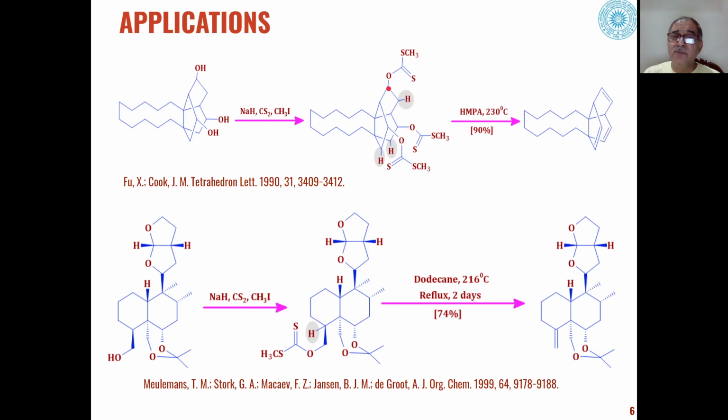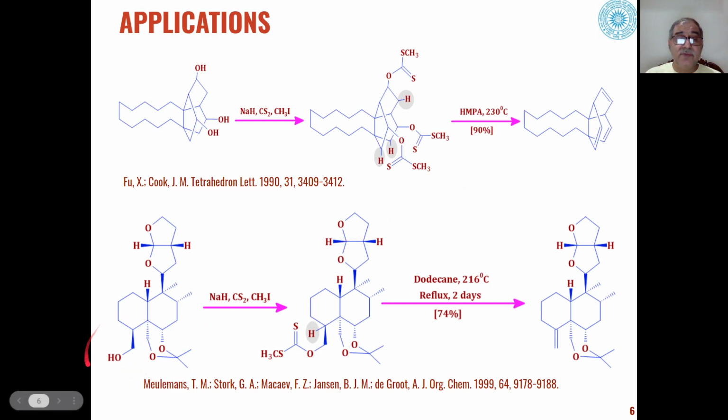Similarly, this is alpha carbon, and this is beta carbon having beta hydrogen. So a six-membered cyclic transition state will be formed very easily between these two, and a carbon-carbon double bond will be generated in this place. So this is the third carbon-carbon double bond, which can be formed at high temperature. So this is how these types of polyxanthate esters can be converted into these types of trienes as the product. So this also is a very important reaction in Chugaev synthesis.